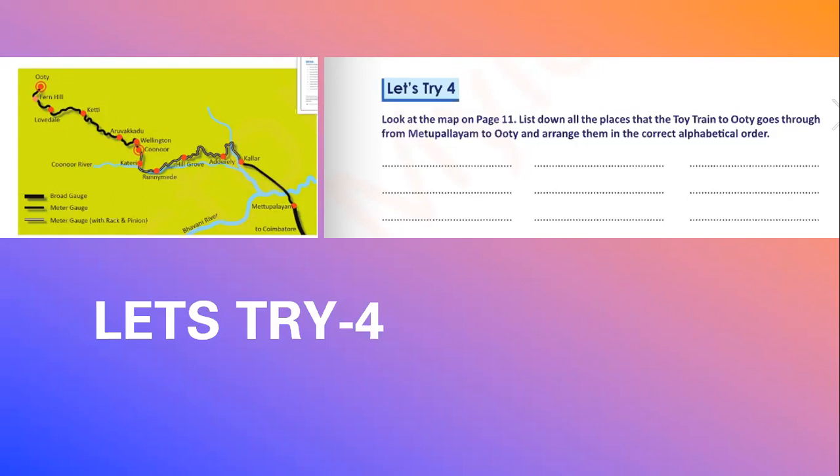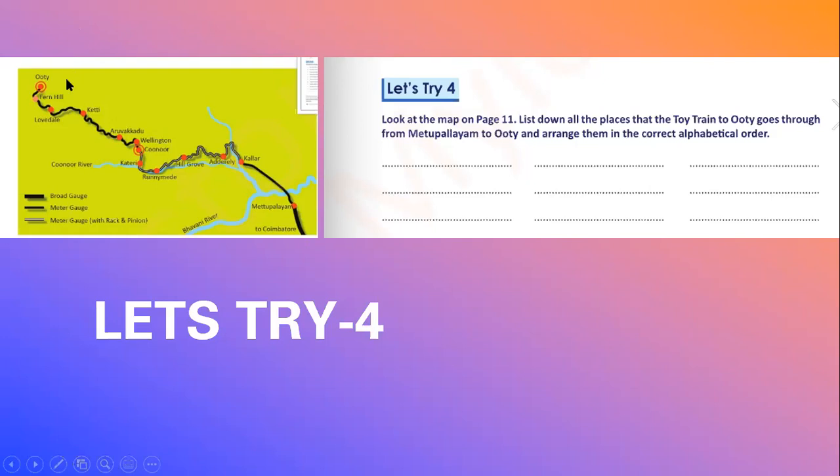A, B, C, D, E, F, G, H, I. So I will come first. So after Aruvankadu, we are going to use Coimbatore. After Coimbatore, Coonoor.